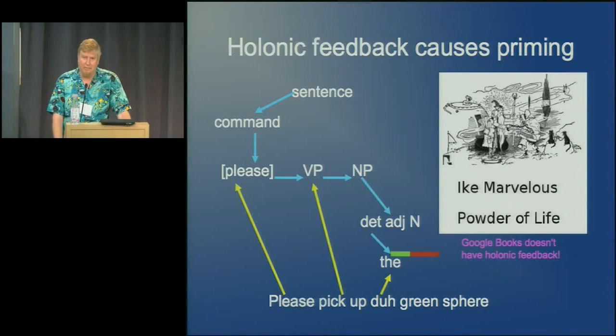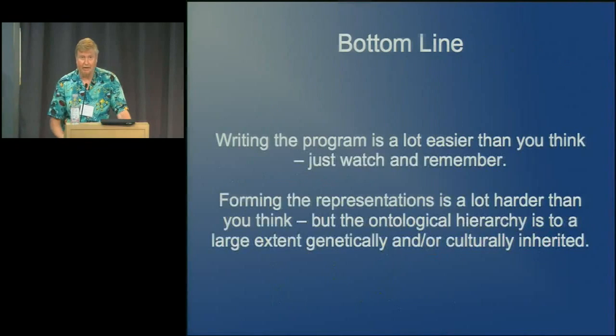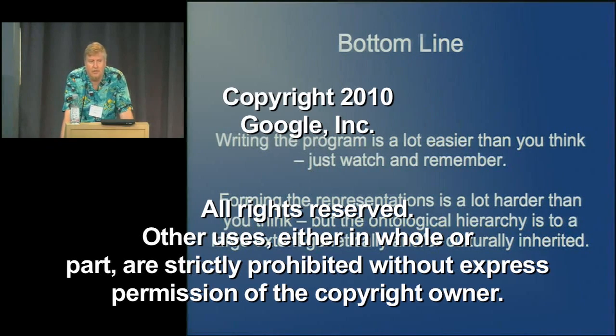And so what it's doing, obviously, is missing any kind of semantic feedback from a high level that would make sense out of what it was doing. Anybody that actually looked at the page would never guess Ike marvelous powder. They would just look at it and say, of course, it's the marvelous powder. That's the kind of thing that you get from having the appropriate two-way communication between levels of your abstraction hierarchy, and it keeps you from making mistakes like that. All right, so the bottom line is essentially writing programs is very easy. All you have to do is just watch and